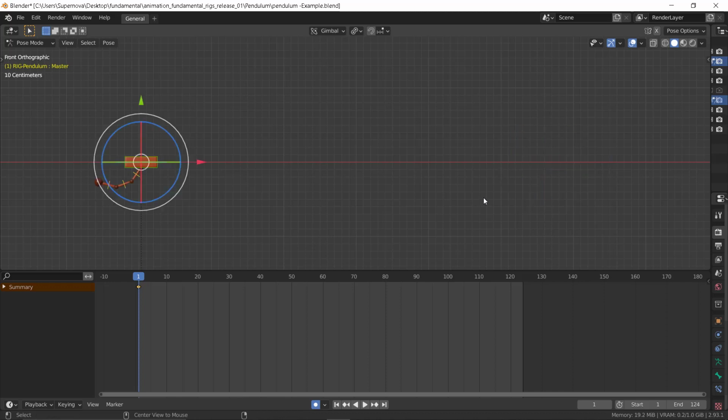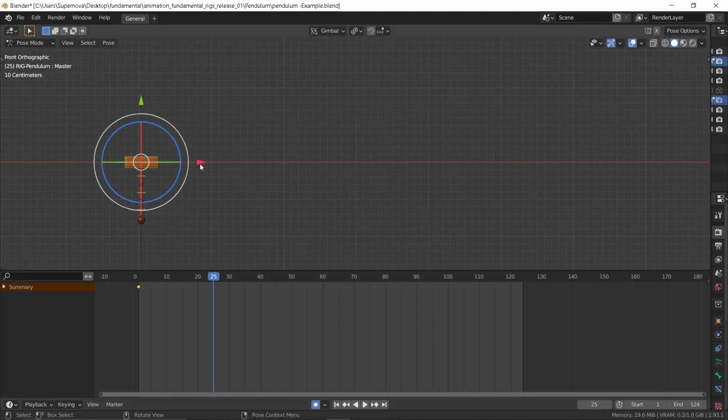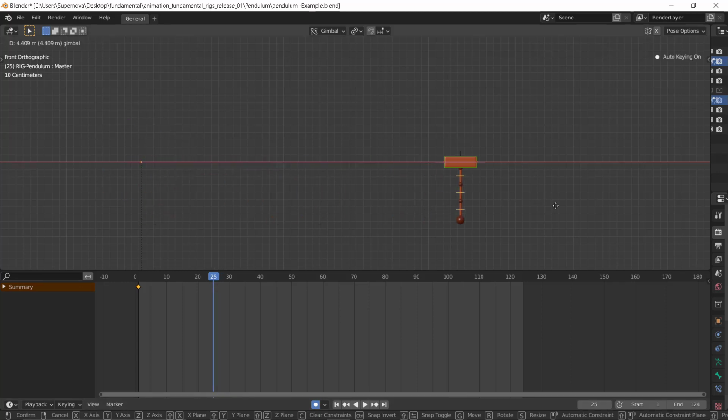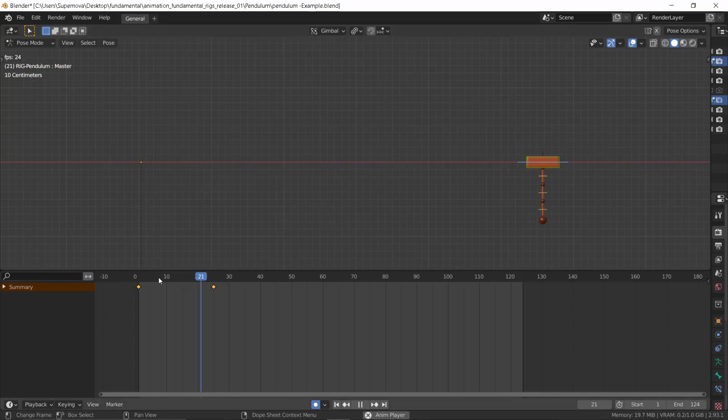With this, let me go back. That's Alt G and Alt R to reset the translation and rotation. I'll go to, let's say, frame 25, then move this forward. All we do is move from A to B, from here to here. That's the final point. So the idea is that whenever you have a movement like that,